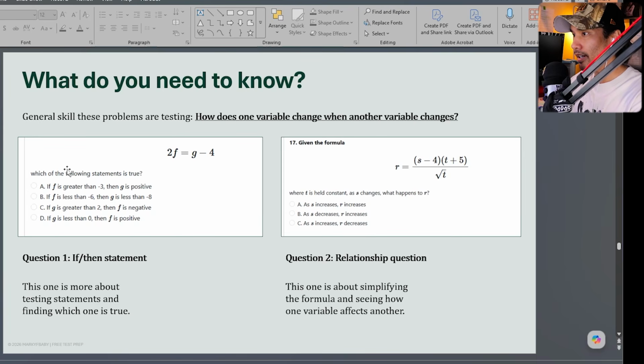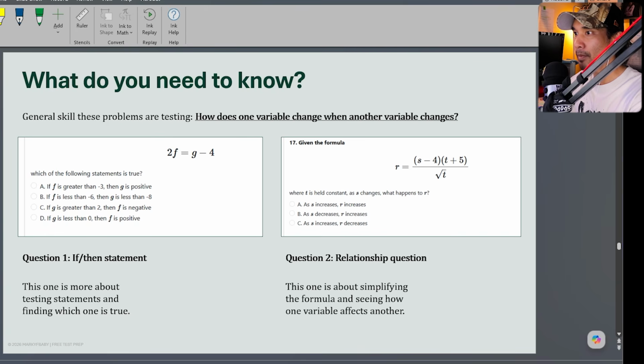So this one right here, 2f equals g minus 4, which of the following statements is true? And you have these answer choices here. This question is an example of an if and then statement, right? So look at right here. Let me bring out my marker, and we have an if and then. So if